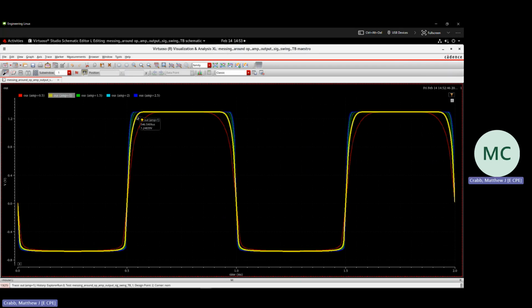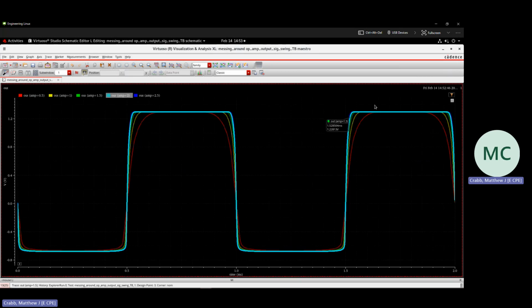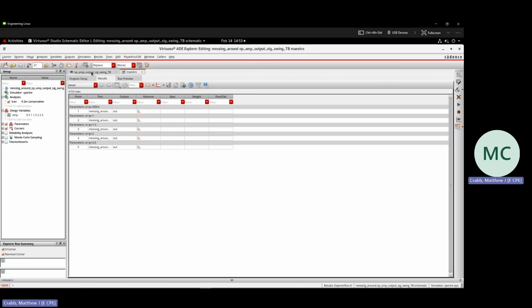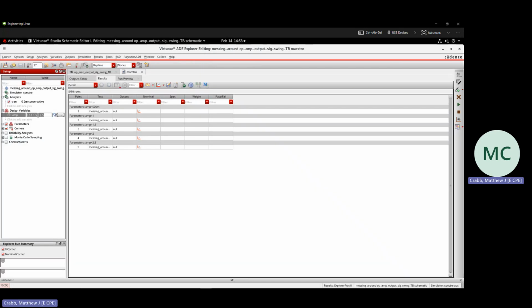What the heck? Oh wait, I made my inputs. Okay, my mistake. I made my inputs too big. Because if I'm multiplying by 10, then 0.5 would be an output of 5 volts. So this needs to be 0.05